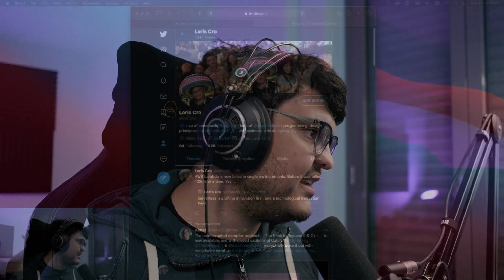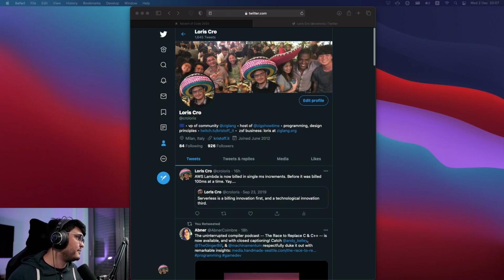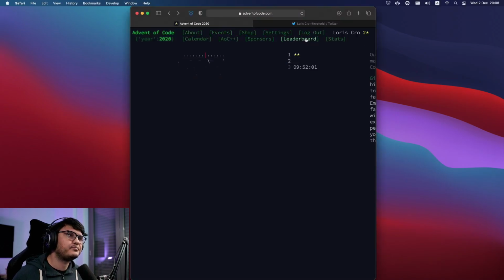It's not as fancy as what other people have, but I try to go in that direction. So here's the development laptop. Here's the Advent of Code. I'll show you the development setup after I read the text.